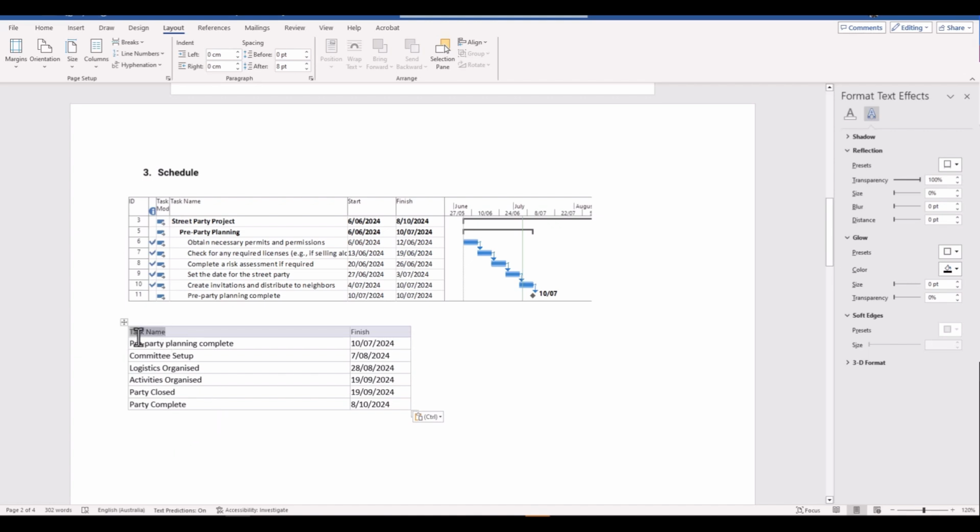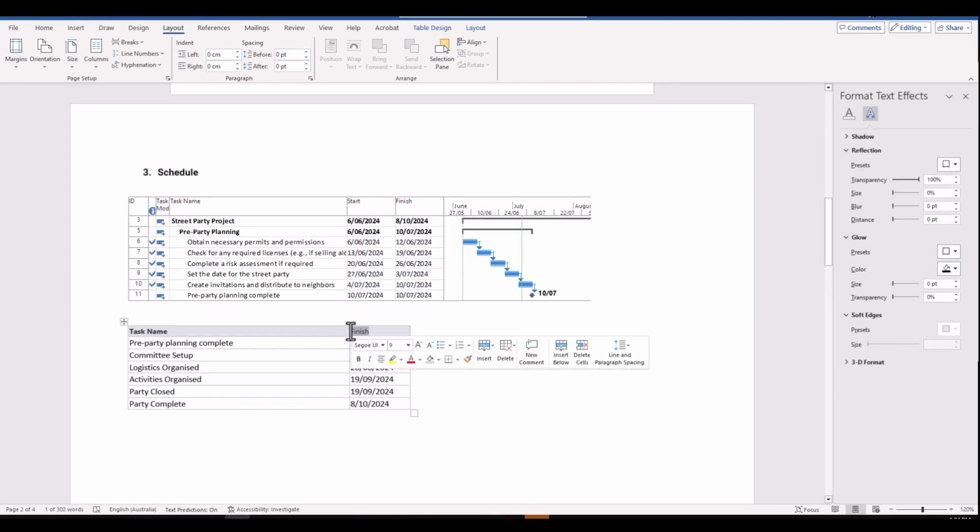So we might want to maybe make these title points here on the table as bold, and you can make adjustments as you see fit. So very, very straightforward ways in which you can transmit, send off and copy all sorts of project data into your Microsoft Word and Microsoft Excel files.